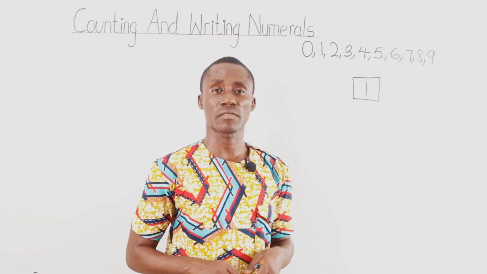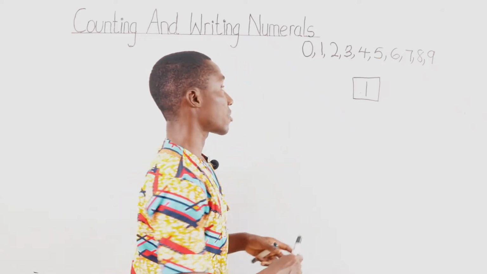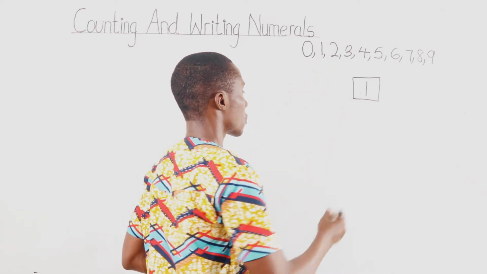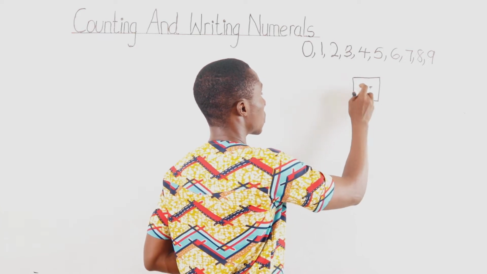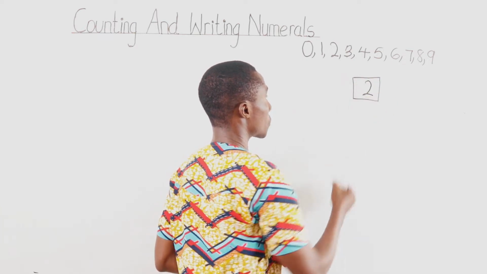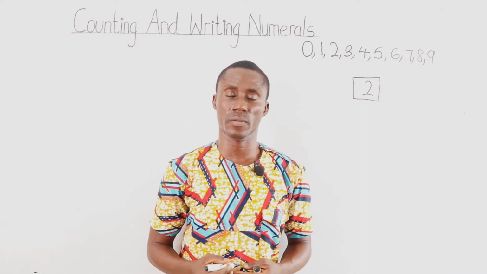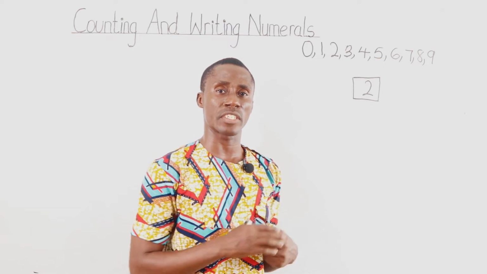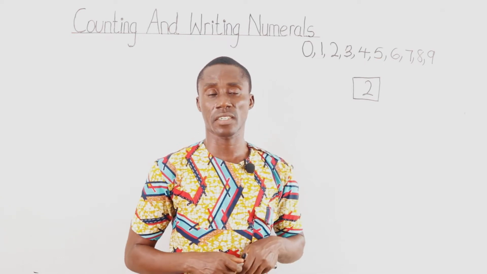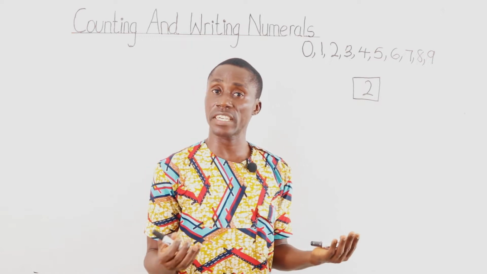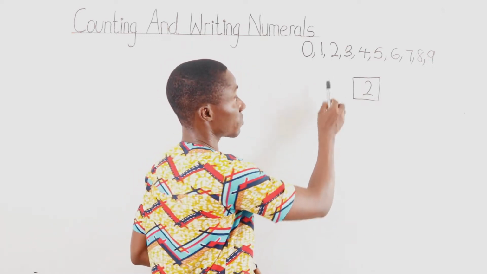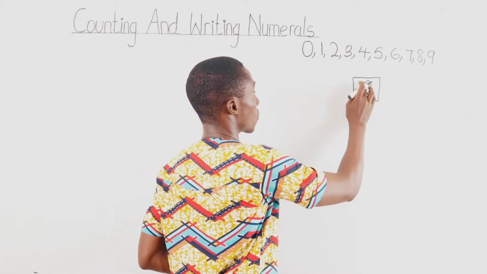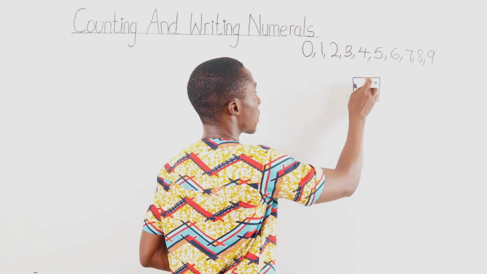We now have 2 oranges, and that will be represented by the digit 2. And so we will put the digit 2 into our number place. We pick 1 more orange and add it to the 2 oranges that we have aside. We now have 3 oranges, and that will be represented by the digit 3. And so we will write the digit 3